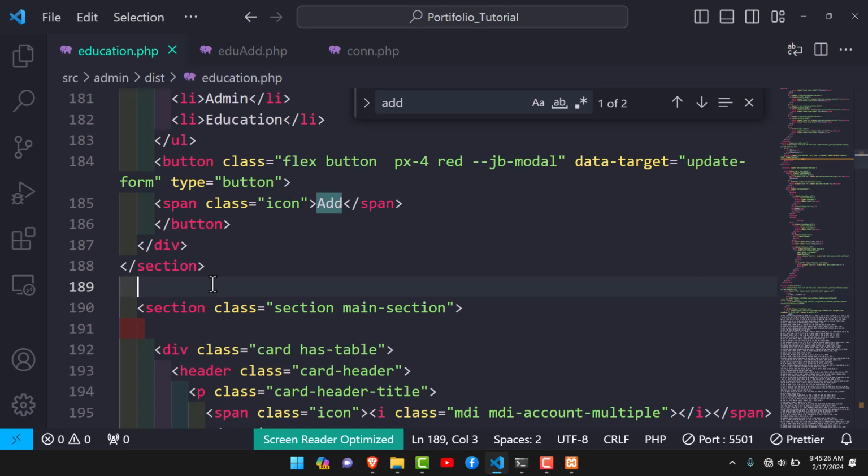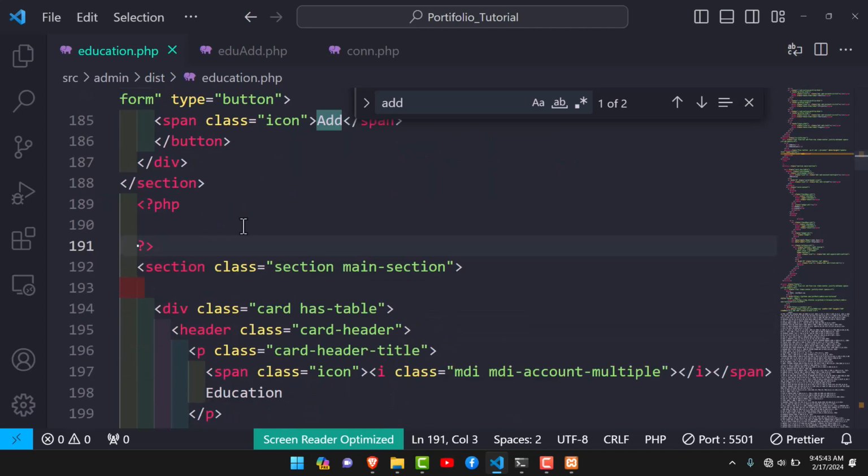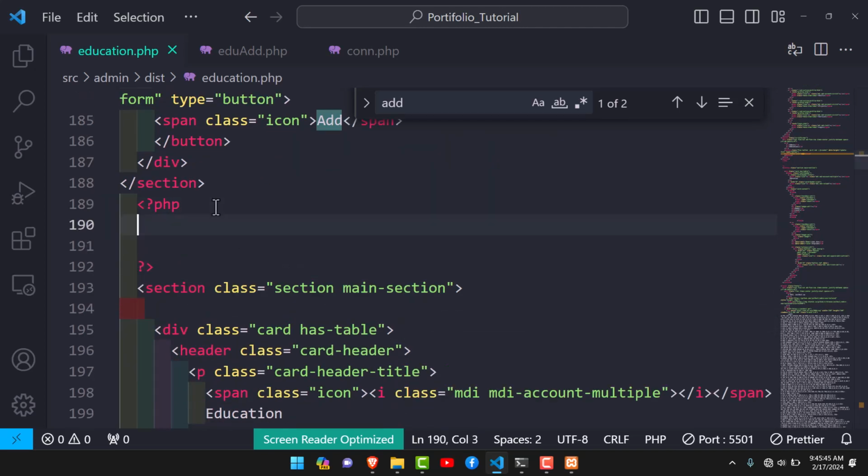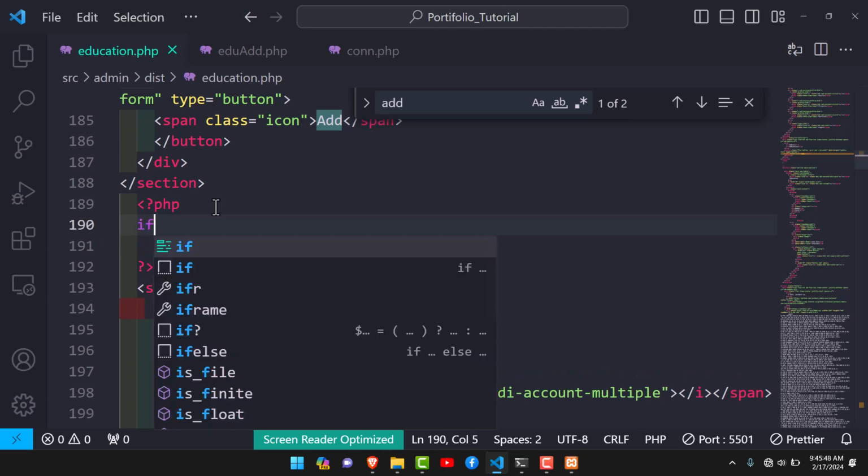So we're going to have the PHP, of course, and now what we need to do is to use the if